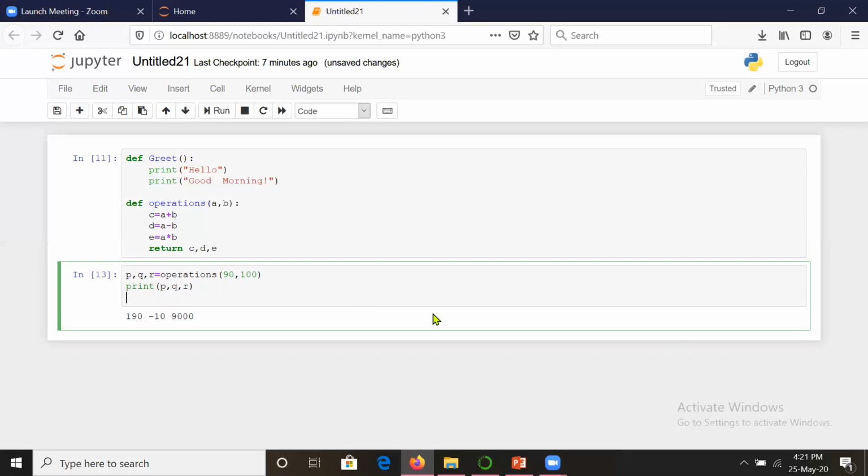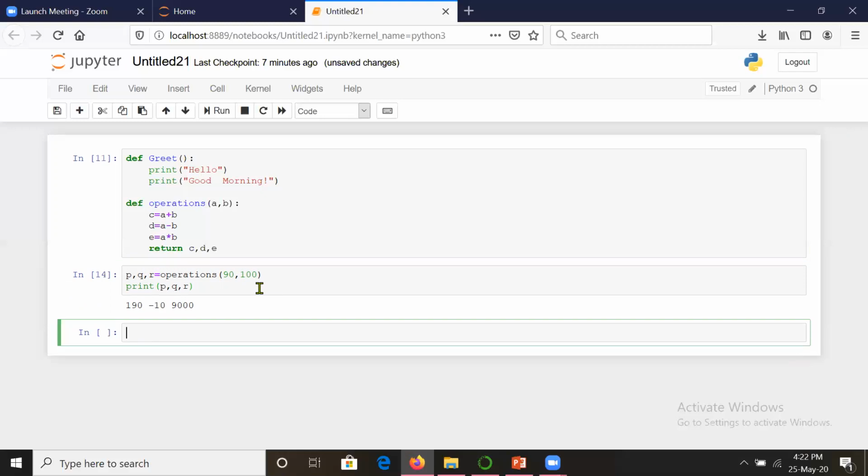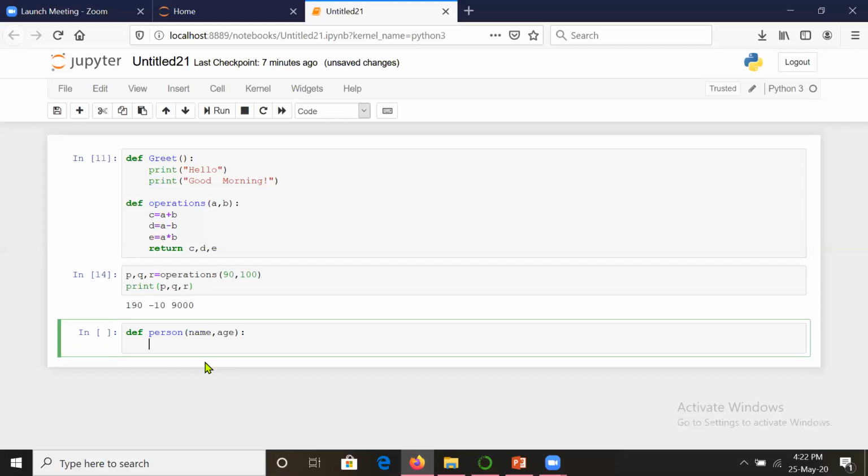So let us move ahead, and let us take a new program in a new cell. Suppose I am writing here the function person, and we have two arguments, name and age, and I say print, "Hey, your name is", and I say name.